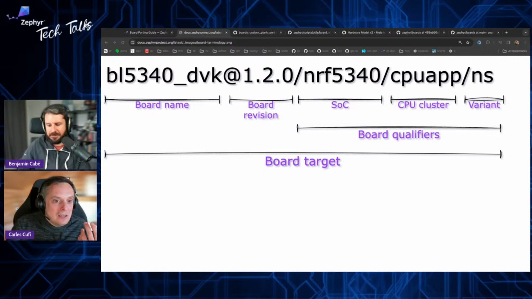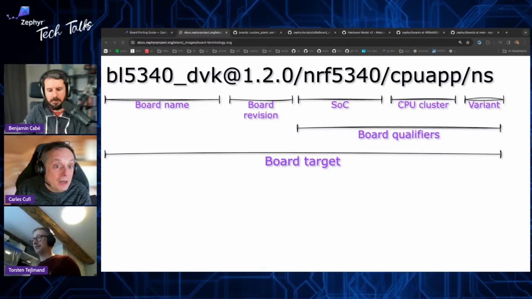Exactly. So before, we would include all of this metadata in the board name, so to speak. Whenever you referred to a board, you would have a bunch of added trailing terms to make sure the build system understood it. But here it's similar, but it's been formalized into a format that everybody working with Zephyr should understand, because the whole point is to be able to flexibly express what you want to build for while maintaining the concept of